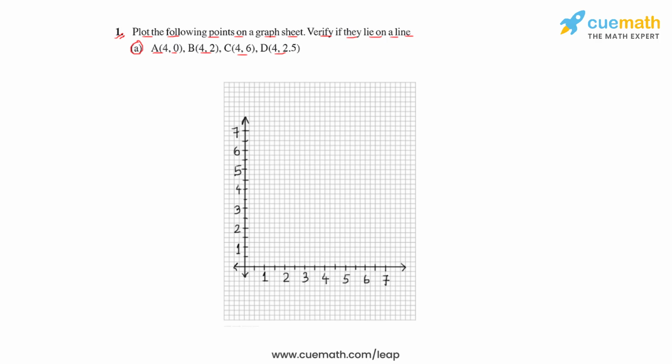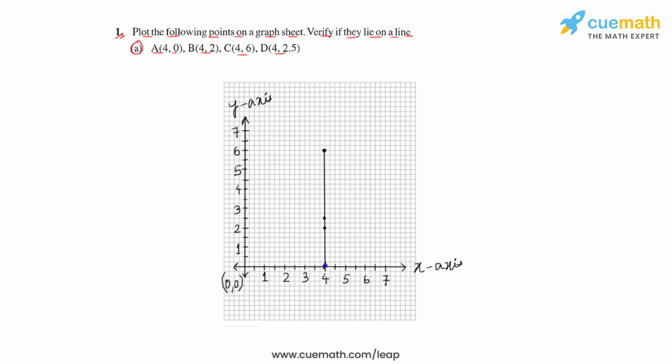Let us now consider a graph sheet where we see that the two axes are already marked, where this represents the x-axis, this represents the y-axis, the vertical axis, and the intersection of the two represents the origin where the value of both x and y is 0. Now if we plot these points A, B, C, D on this graph sheet, we'll get this line graph where